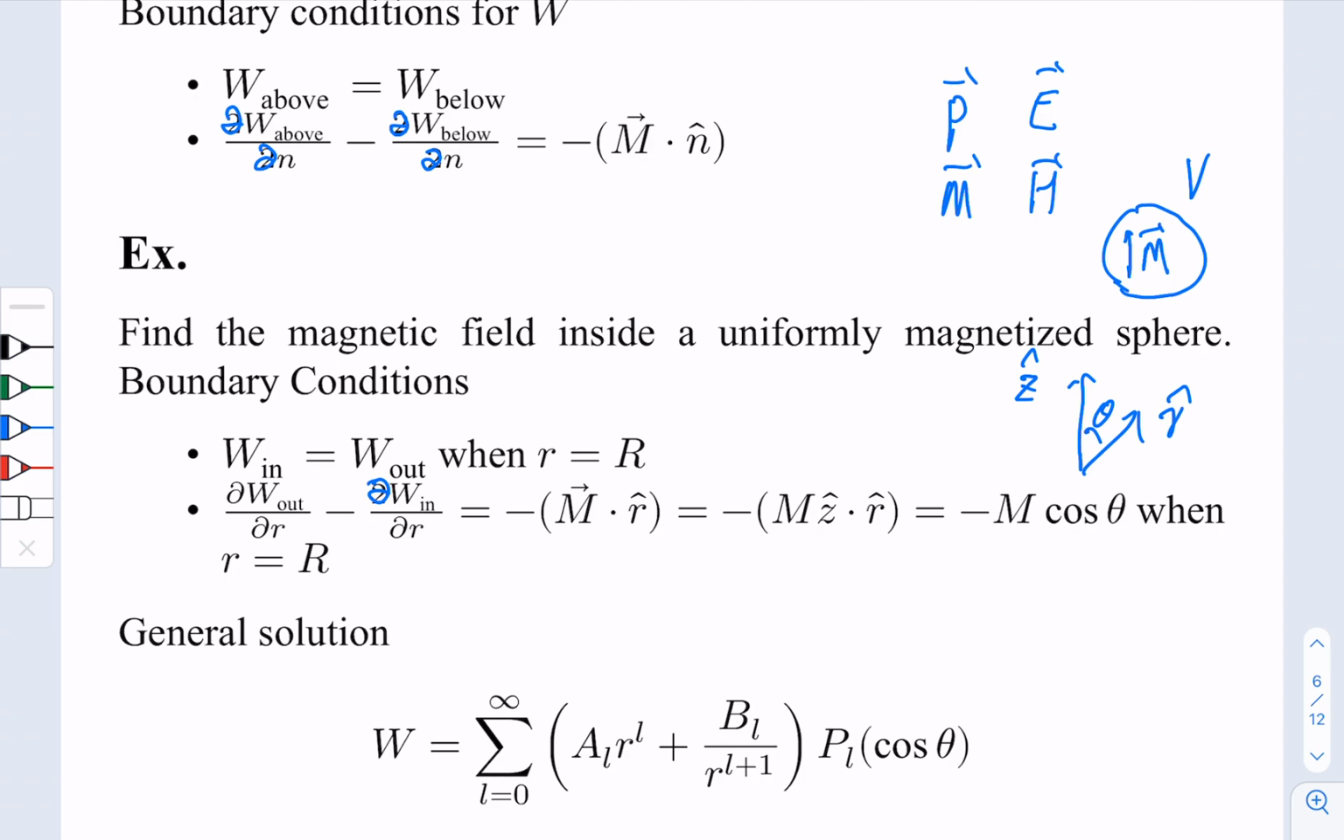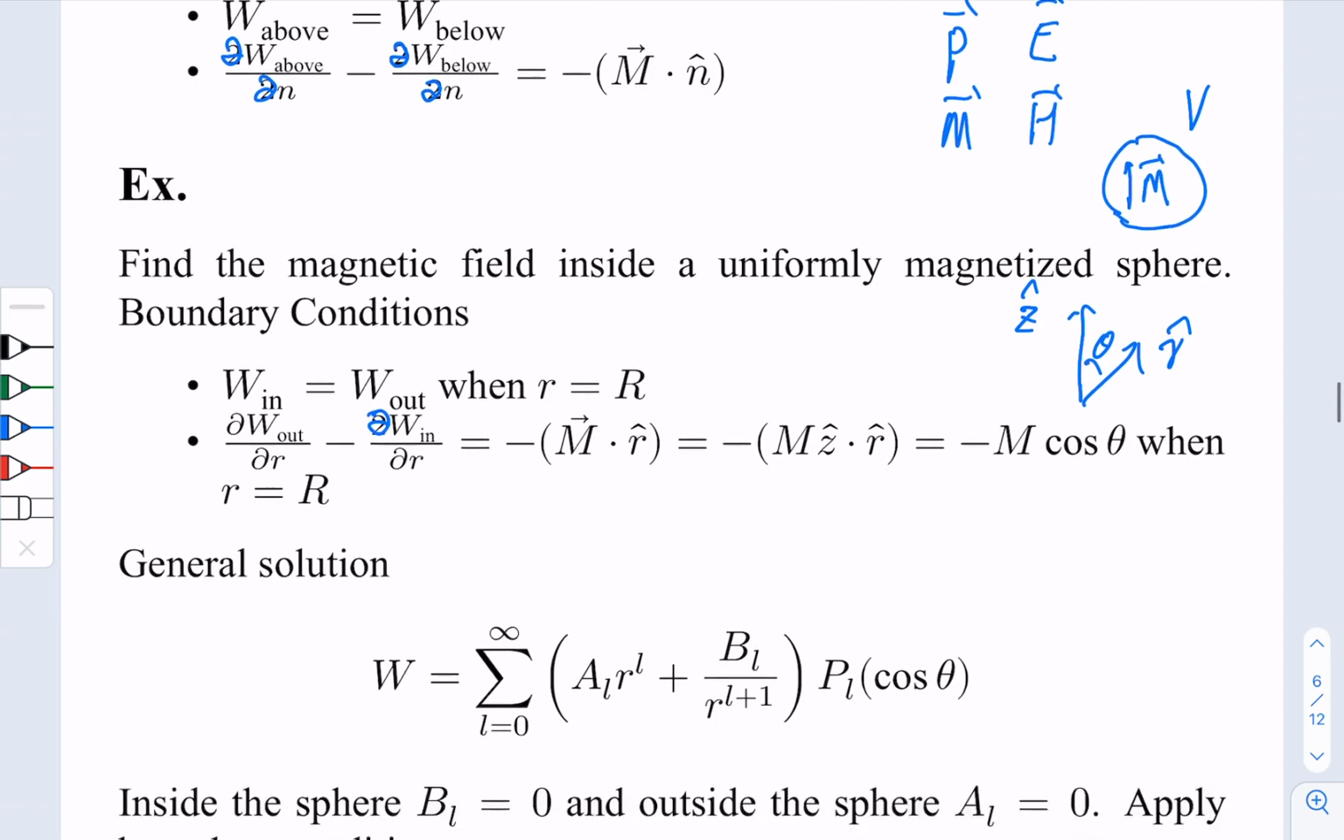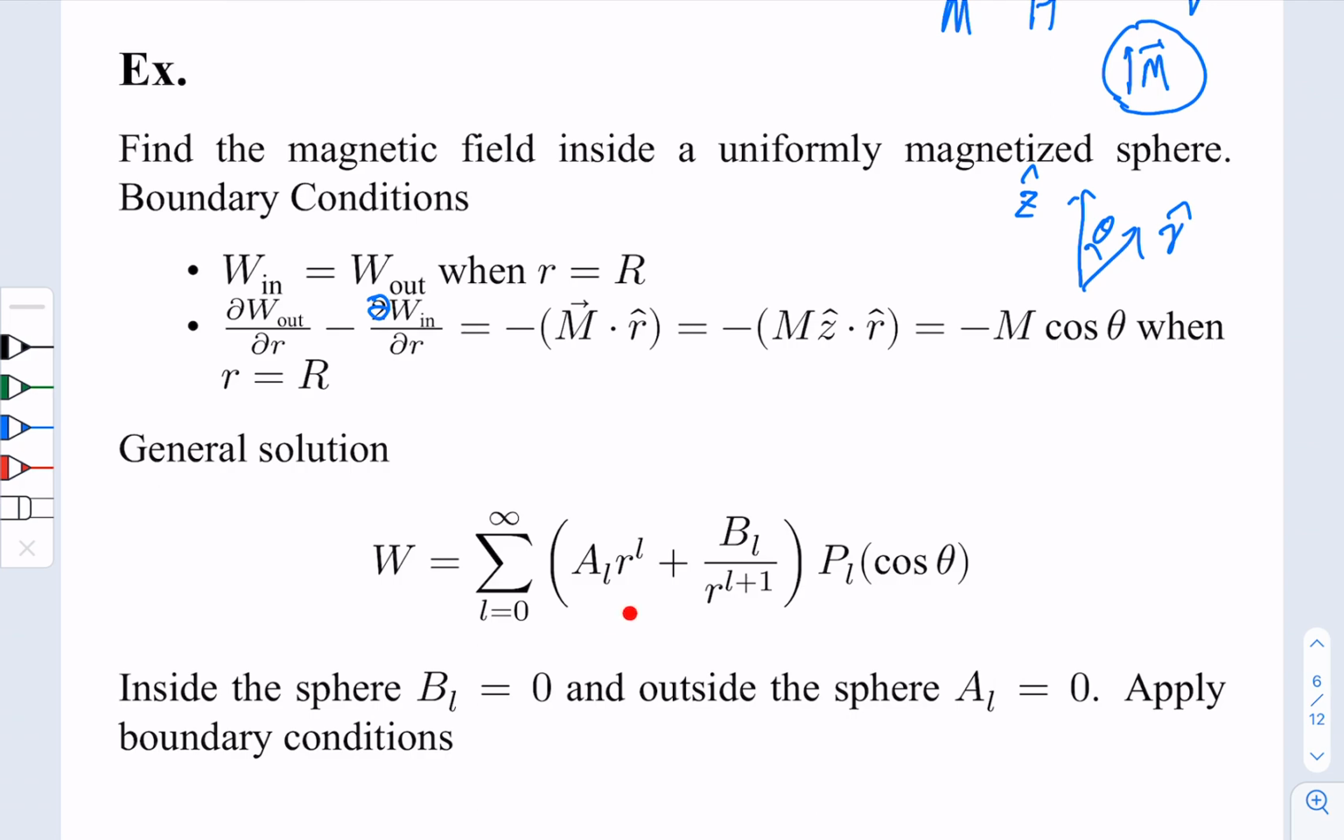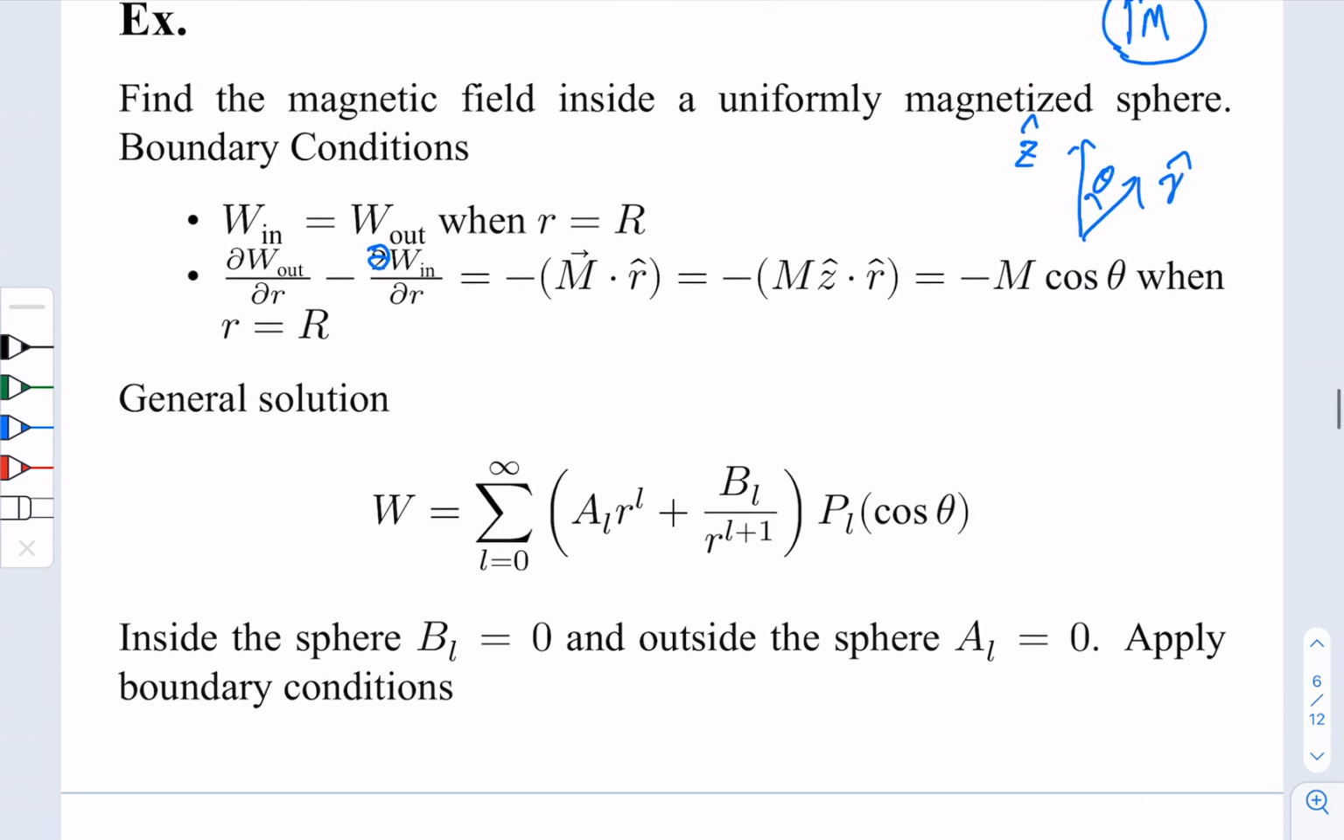So now this must be very familiar to you because you also saw this in the midterm, right? So if you remember, in the inside, this term diverges, so the BL must be exactly 0. And for the outside solution, this term diverges, so AL must be exactly 0. Now what you need to do is simply to apply these boundary conditions and to determine the rest of the